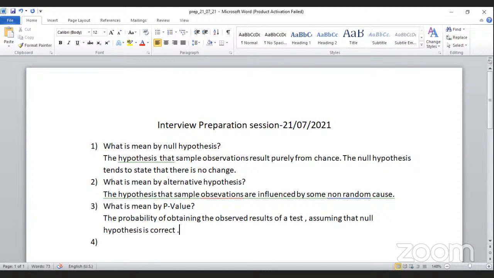So these are a few things related to hypothesis testing. We are not going into the depth of the tests. Next, I will look at a few more terminologies related to